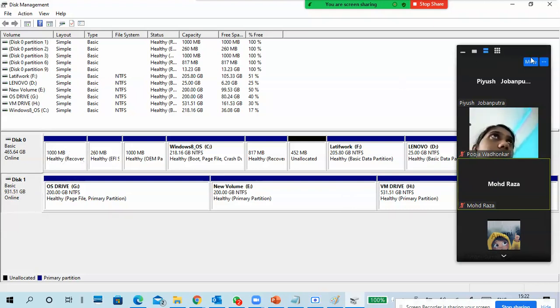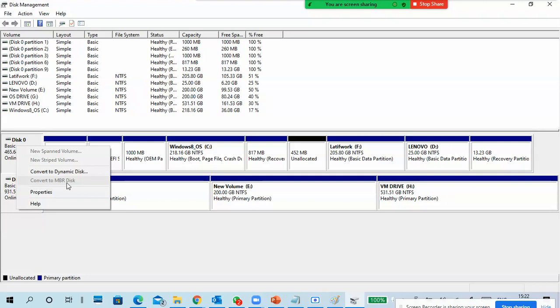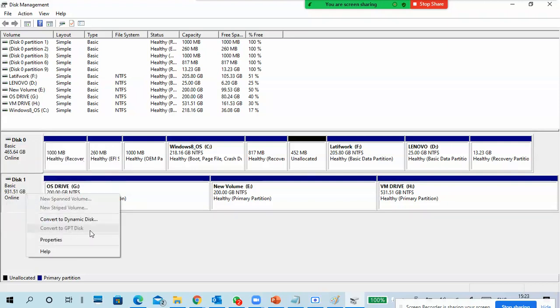Now why is this? Okay, see, if you right click on disk 0 or disk 1, you can see convert into MBR. If you right click on this, it shows convert into GPT. So why is it showing that? I will tell you, very simple.